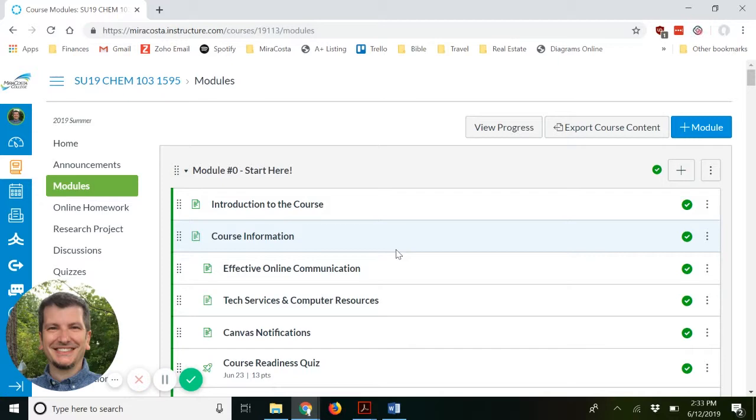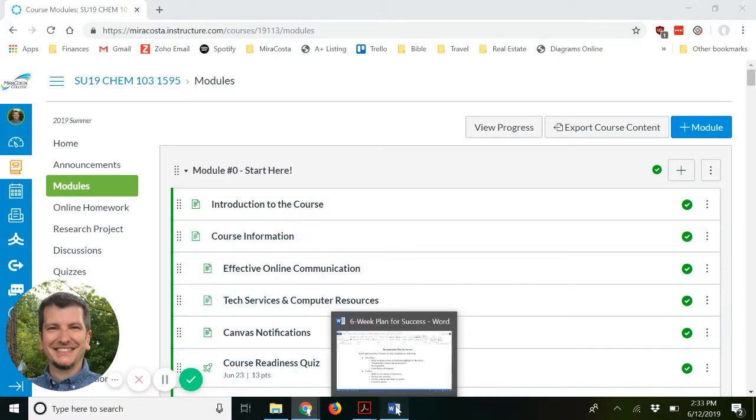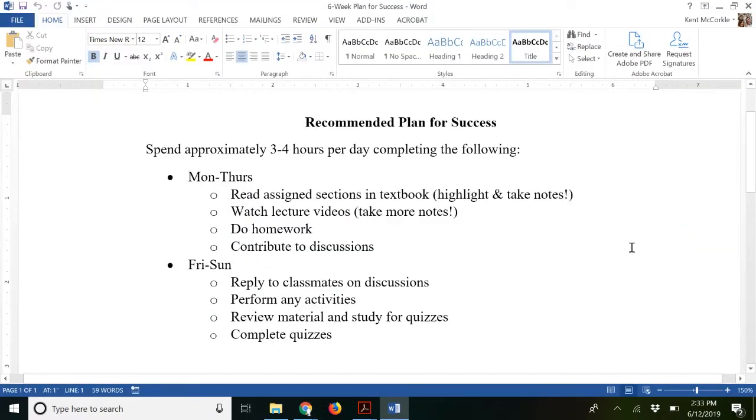So one suggestion on how to best maximize your time for this course: it's about 20 to 25 hours on average per week, could be a little bit more, could be a little bit less. I recommend that you spend about 3 or 4 hours every day working on the course. Again, it basically is like a part-time job. You don't want to try to do all 20 hours on the weekend, or you will not be successful. Plus, you will have already missed the discussion deadline, which the first part is always due on that Thursday night.